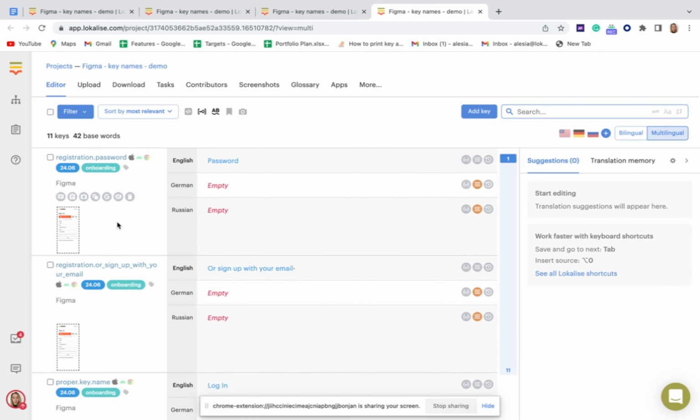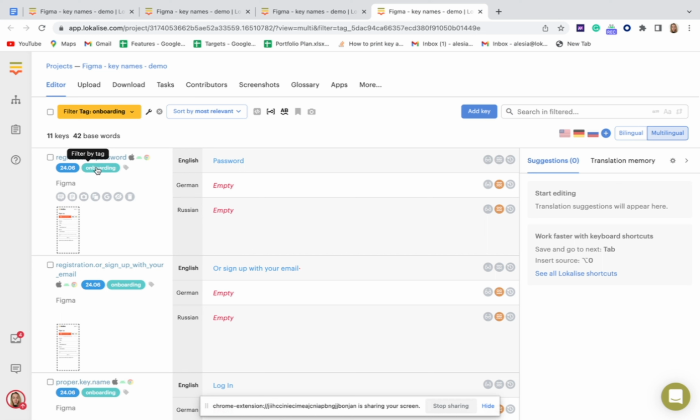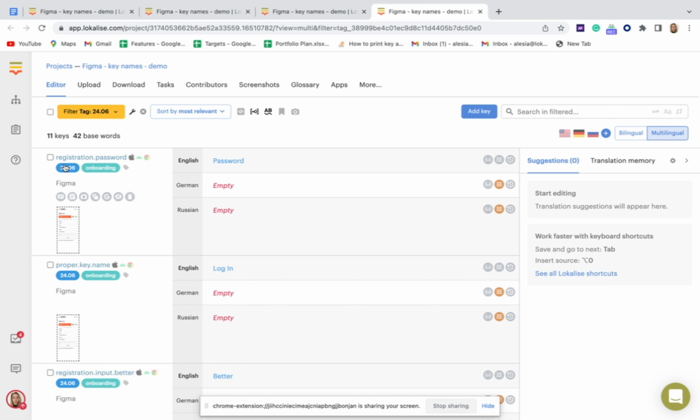And if we are pushing keys on a continuous basis, many times, it will be easier for us to spot and identify all the keys that belong to this onboarding user journey, or all the keys that were pushed right now. If you need to check key names and, for example, update them